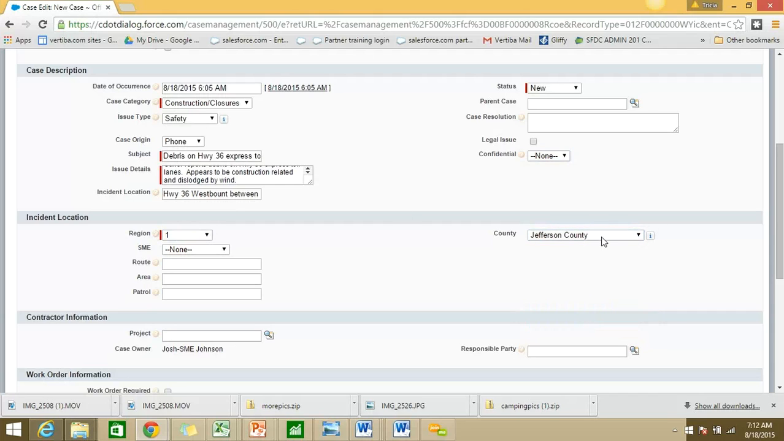So anyway, you can identify the county, and you can also identify the route if you want to, the area if you want to, and the patrol. If you know this information, so we already know that this is on Highway 36, and we've already included that. So it might just be fine for you to have had this here. So this is Highway 36 westbound, and then here you might have something between